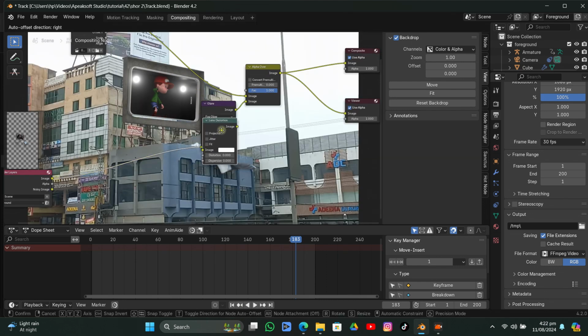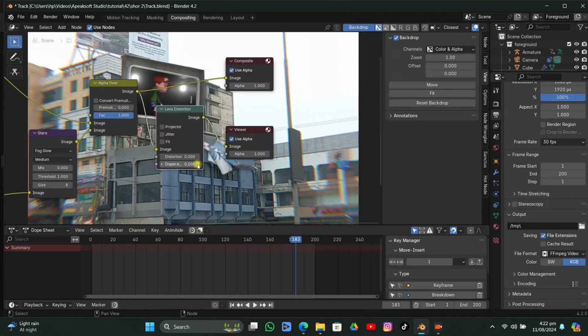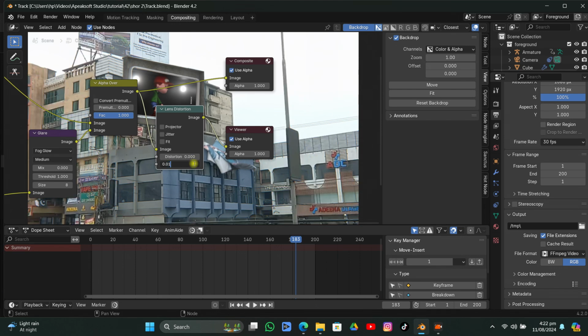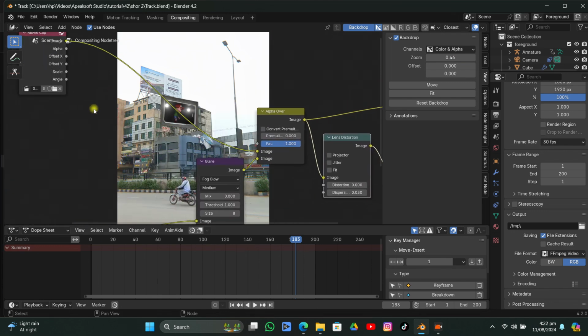I'm gonna add it after everything. I'm gonna increase the dispersion to 0.100 and I'm gonna make it 0.01, and it's going to add a subtle amount of dispersion, or you can also call it lens distortion. And I think if we connect the image with composite,